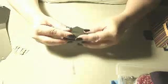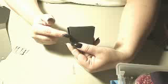What you want to do is follow the tabs, and as you can see, you're going to put glue on all of the tabs there, and it's going to form the bottom part of your,